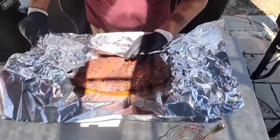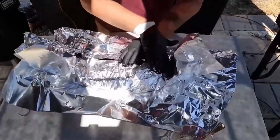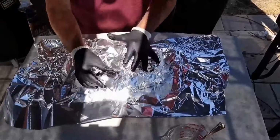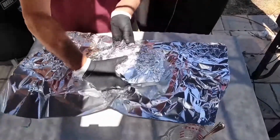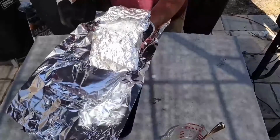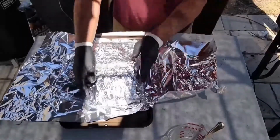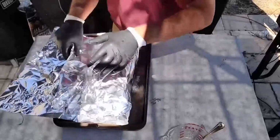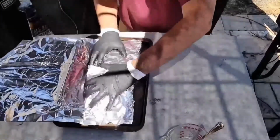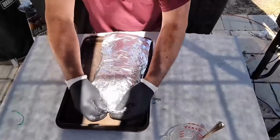And we're going to get this guy wrapped up. And we are going to do a double wrap. Once you wrap it that way, let me turn my foil. Like that. Sorry about that. And we're going to wrap it up. Scoop that over just a little bit. Get that up nice and tight. Under, hold up the ends,